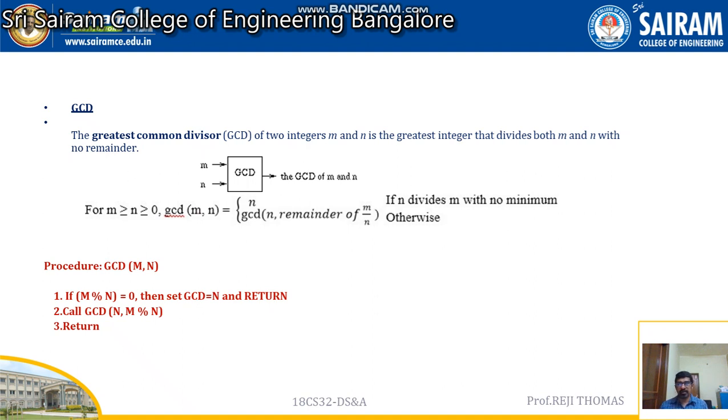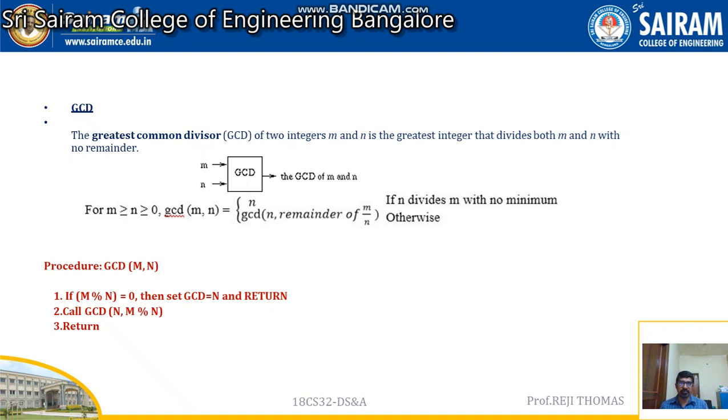And what should be the general case? General case is a little different. What we do is we just exchange numbers, or I can say that now I'll call the GCD function with different values. So your first number is going to be n in this case, and your second number is going to be m modulus n.